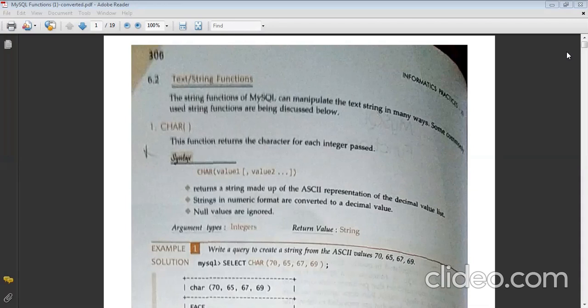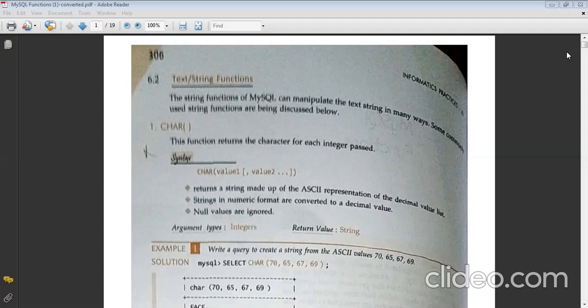So first of all, what is a function? A function is like two or three statements which we process, and then we get only one single output. But here we do not have two or three statements; each keyword represents a part of them. If you write the first function as char, with small parentheses, it itself represents that many lines of code have been run in the backend when you write a single keyword like this. So functions are usually used for carrying out particular operations on the data, and they give you a single output.